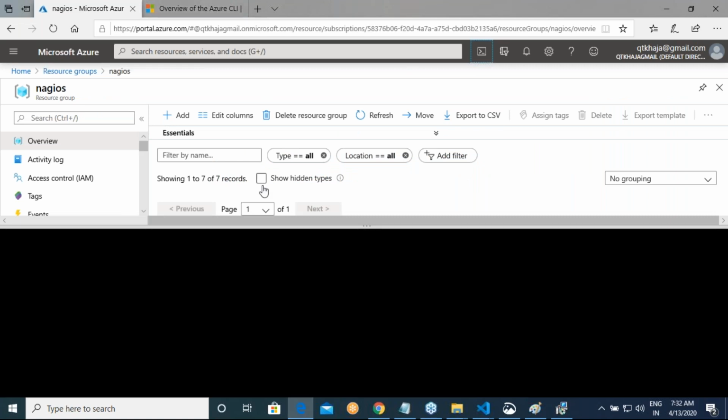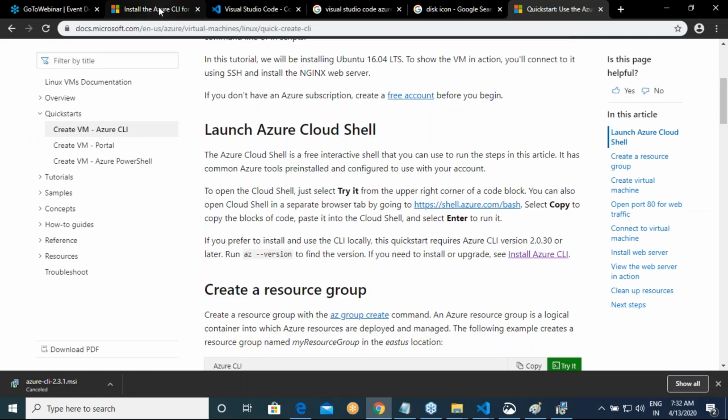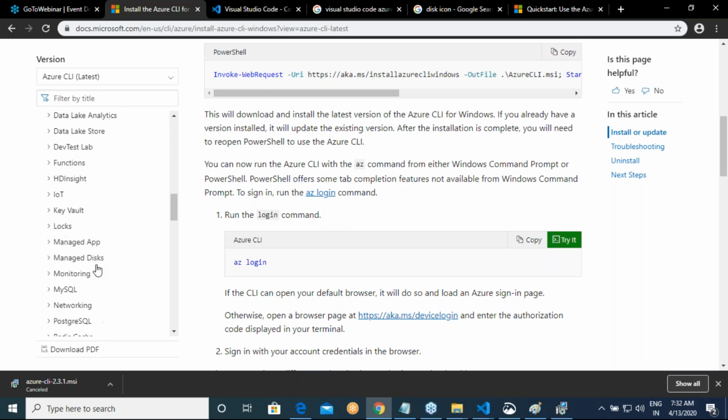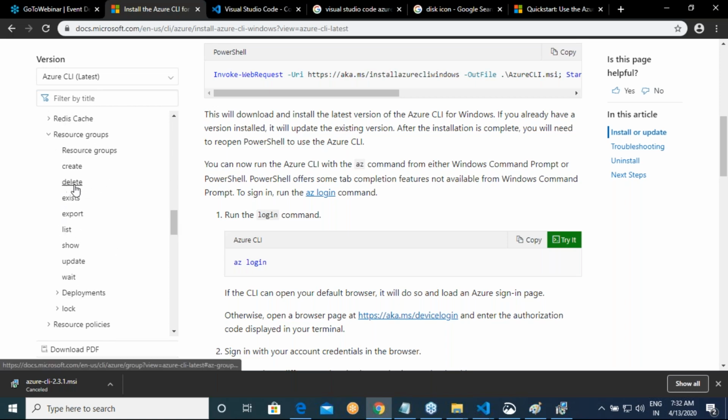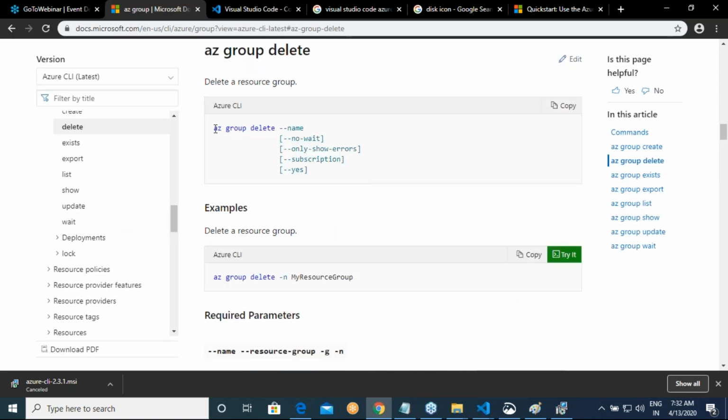Go over here. Okay. Where is Azure CLI? If you go into this reference, scroll down, resource groups, and then there is something called delete. So az group delete --name. Try to use this. I want you to go through these documentations and then use every command.